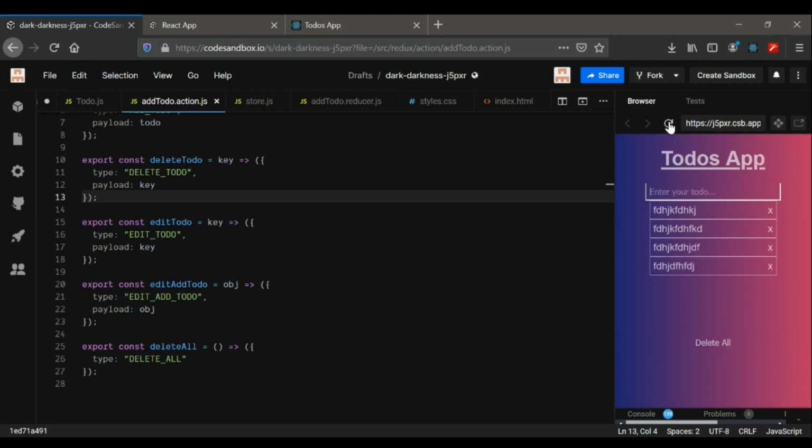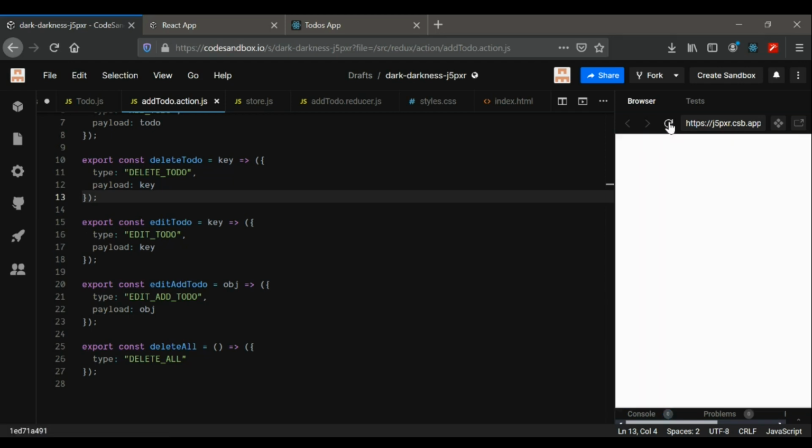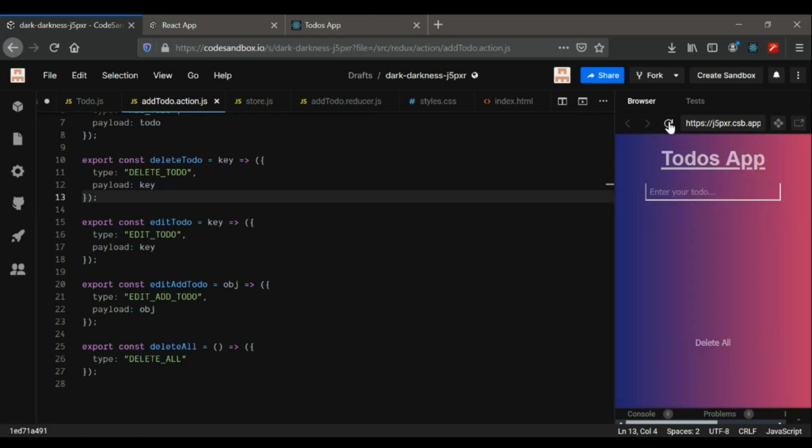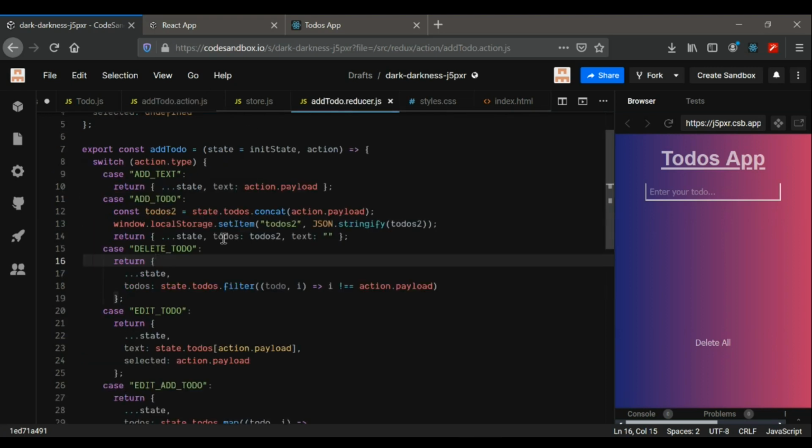Now if I just refresh it back, okay, we haven't used the persistence one. Okay, we will see that later. Oh no, we will see it right now. Yeah. Okay, so in our addTodo reducer, what we need,